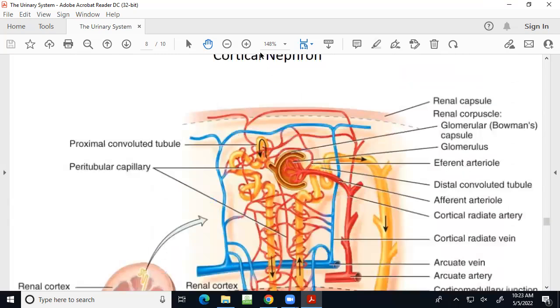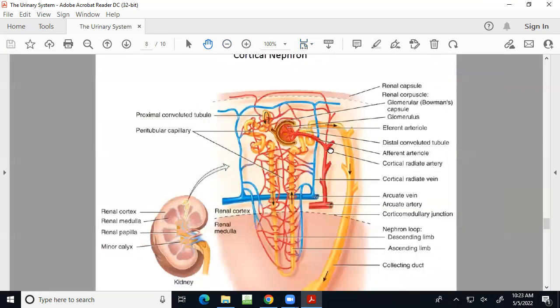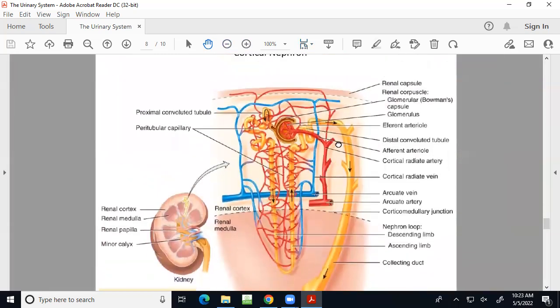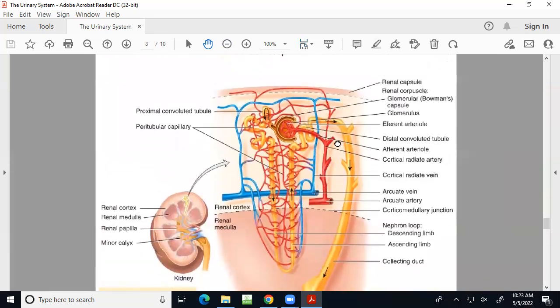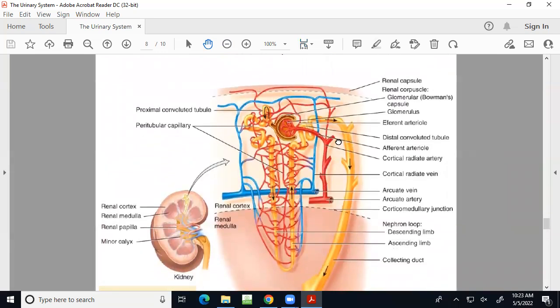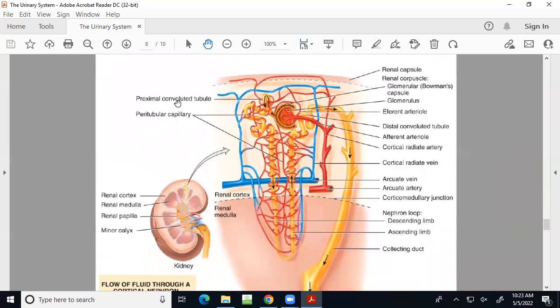But if I jump ahead to the next page, we have just a blown up version of a cortical nephron with stuff that I'm definitely going to want you to know. Okay. So here's what you need to highlight. On the left side, make sure you highlight both the proximal convoluted tubule and the peritubular capillaries. Okay. On the right, starting on the top there, you can skip the first one, but I want you to